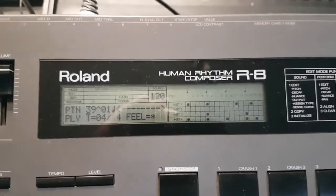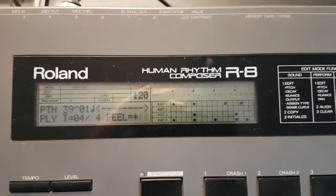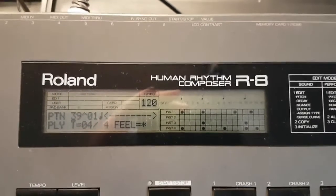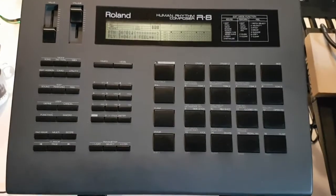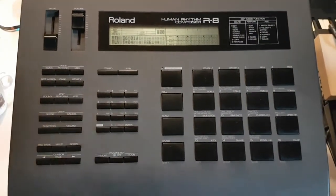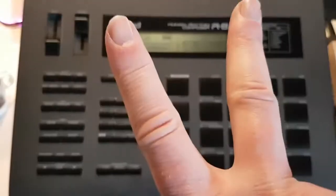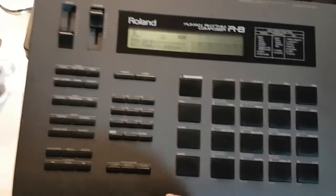Well, it all has to do with selecting another sound bank on the R8 and use this bank to program a second sequence on top of the bass sequence. As I explained before, I used some sounds on the Roland R8 to program my bass sequence, which I then muted by turning the velocity of these sounds completely down. This sequence was programmed using sounds coming from the second bank of the Roland. On pattern number 39,